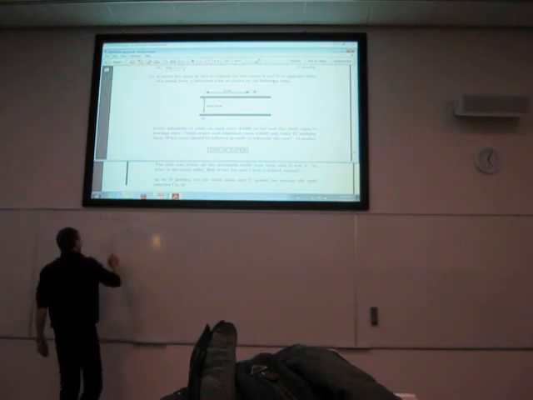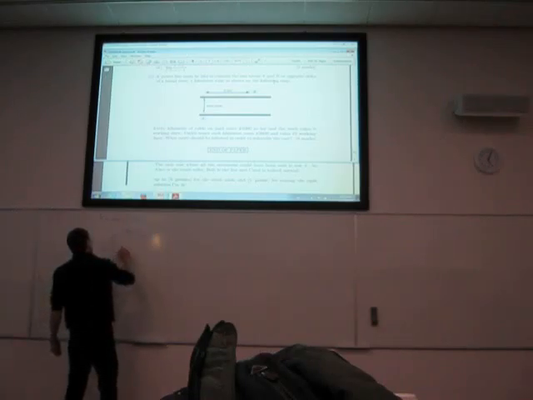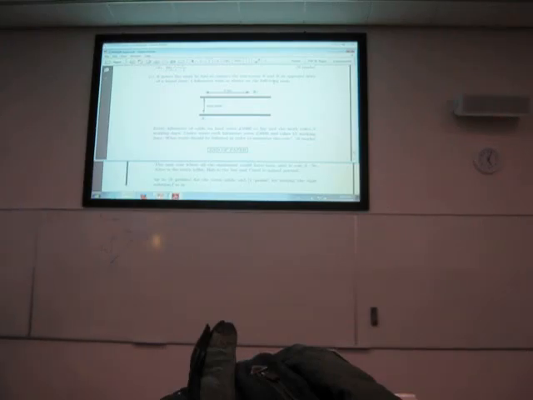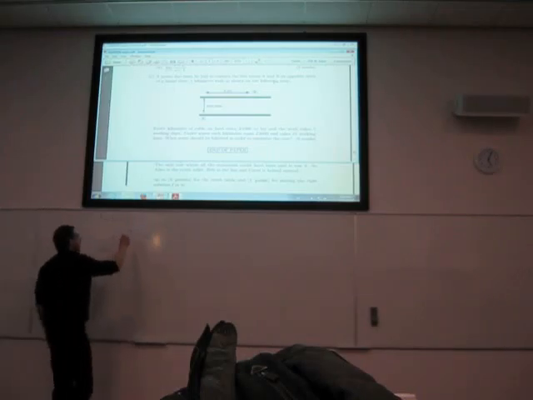Okay, so effectively what we want is what route should we follow to actually minimize those costs. So if we put an X here,